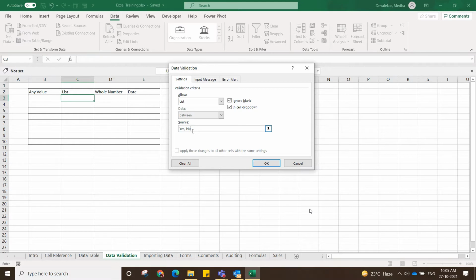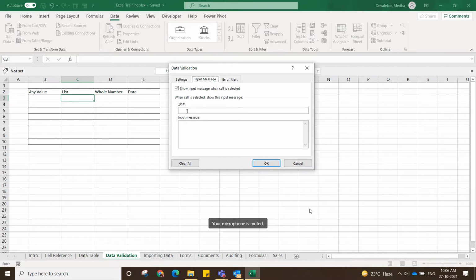Now I am writing it here itself, but there is another possibility that you can write it somewhere else in Excel, and you can just place the name of those rows or columns here, so that it will choose the data from that. Once you need to change it, you can directly change it in your Excel cells, and it will automatically take it. But as of now, I am using this. Then there are some options. Ignore blank: I'll keep it as it is.